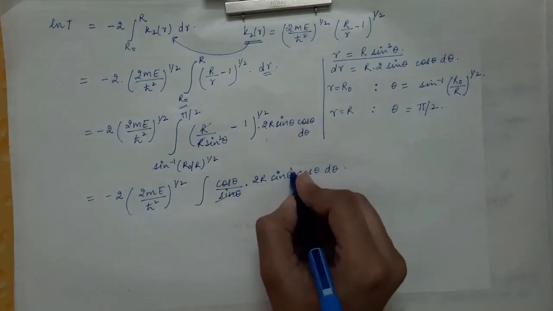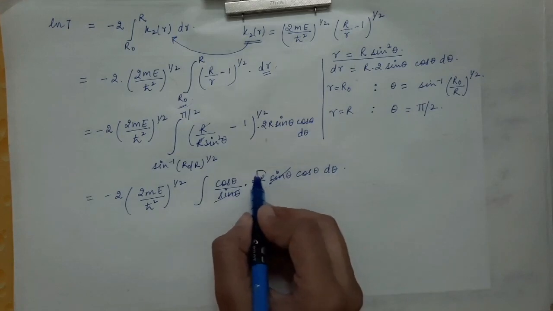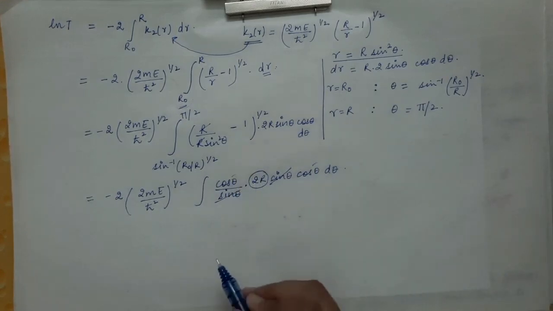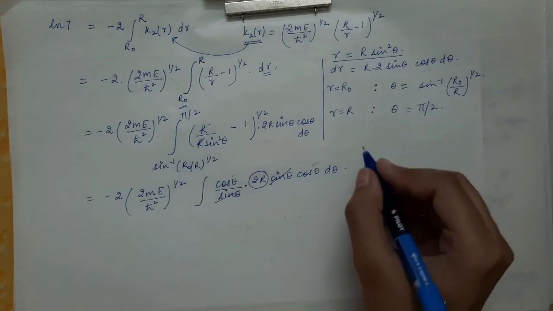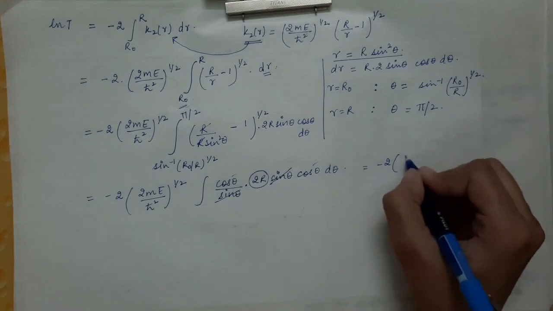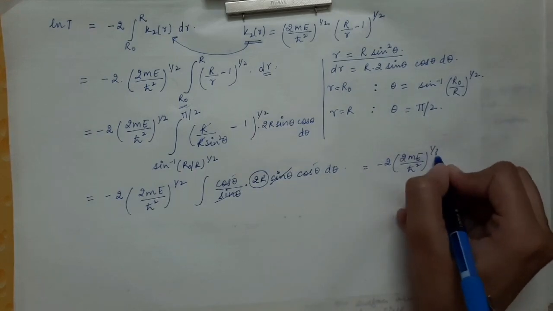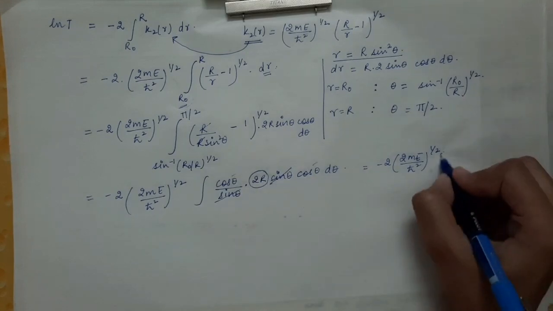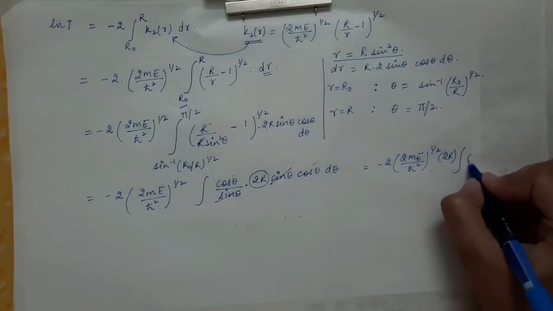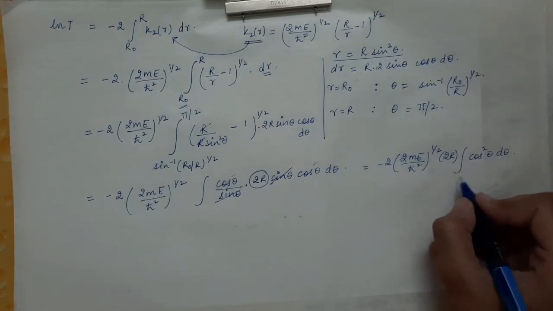Now sin theta and sin theta will cancel with each other, and 2r can be taken outside the integral, and you will be left with cos square theta d theta. So that will be equal to minus 2 into (2me by h cut square) power 1 by 2. 2r can be taken outside the integral, and integration of cos square theta into d theta with the limits of